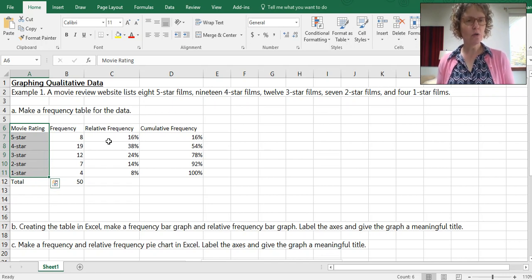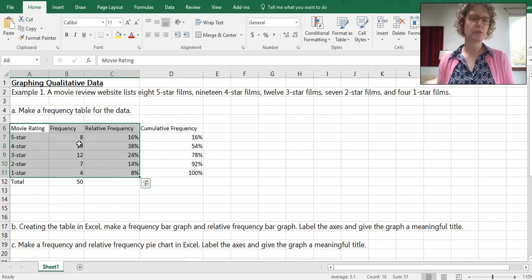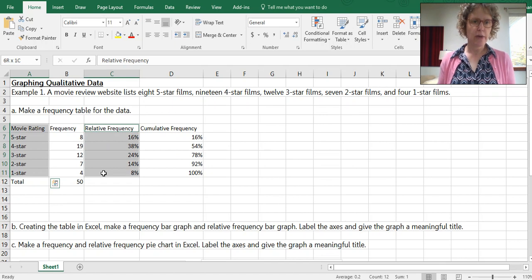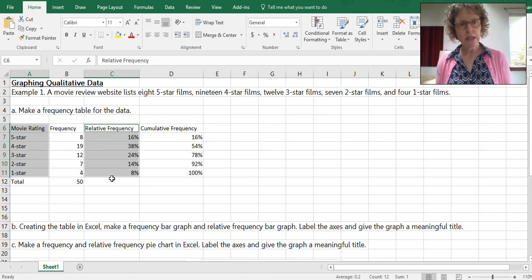If you want to jump over a column, because if we went to this column we would now have all three, and we don't want that. So I'm going to select the first column by dragging down, then hold the control key down. If you're on a Mac, maybe it's the splat key, I'm not sure. Try it out. So now we have two columns that are not right next to each other, but they're highlighted. So first one, then control key, second one.